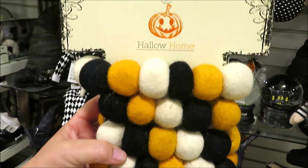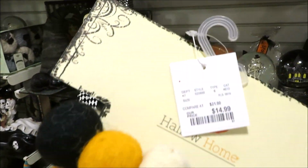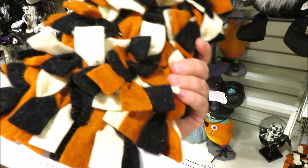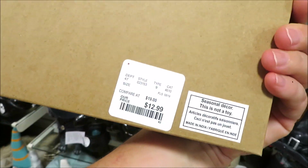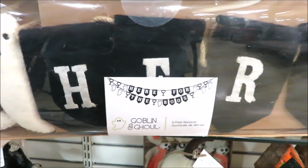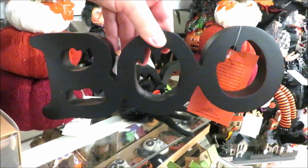They also had quite a few garlands. This one in felt for $14.99. They also have it in a shredded version, orange, black, and cream. This one I was very tempted by in the candy corn for $12.99, and the same price for the little ghost banner. They also have it in this version that says "Here for the booze" and a little black boo